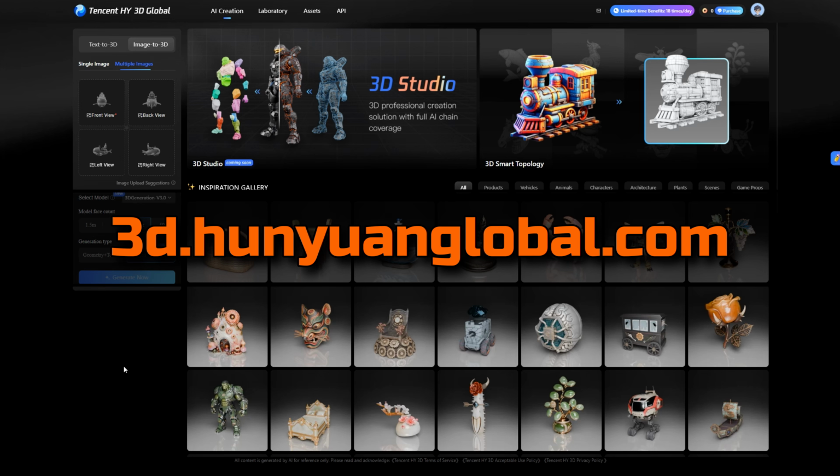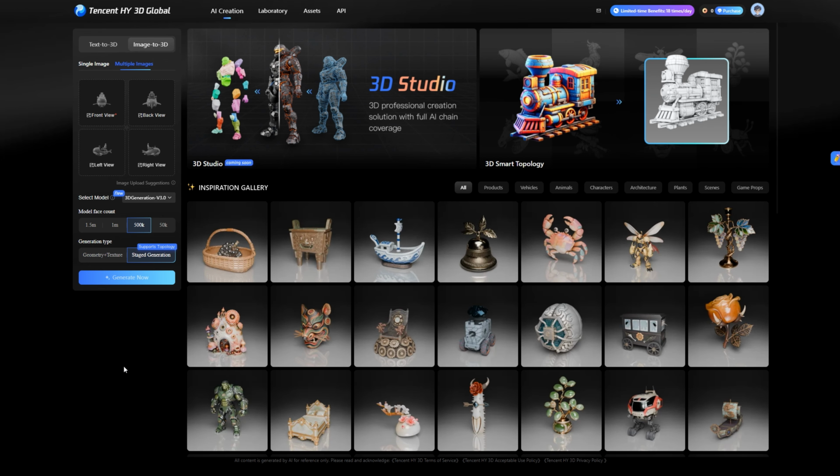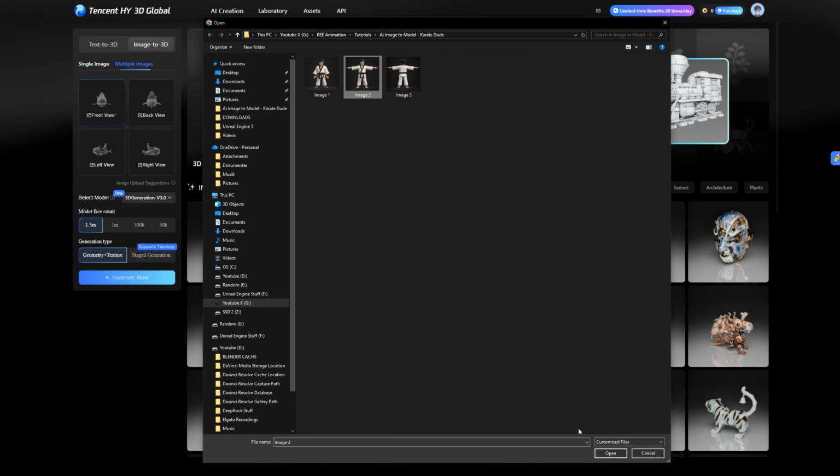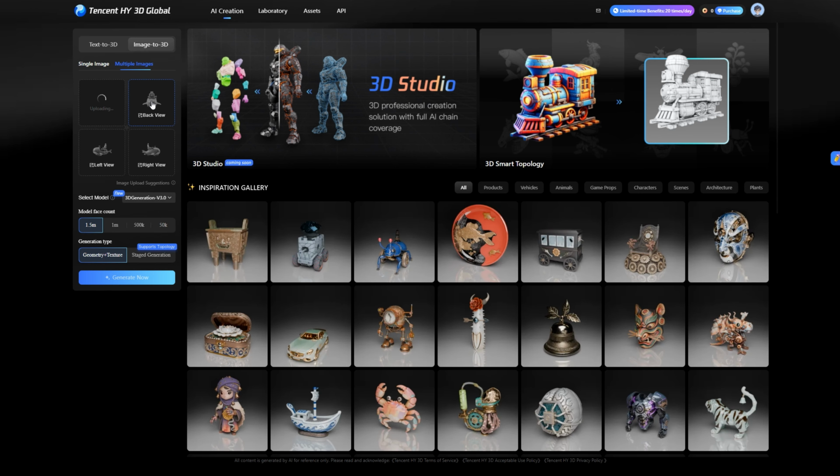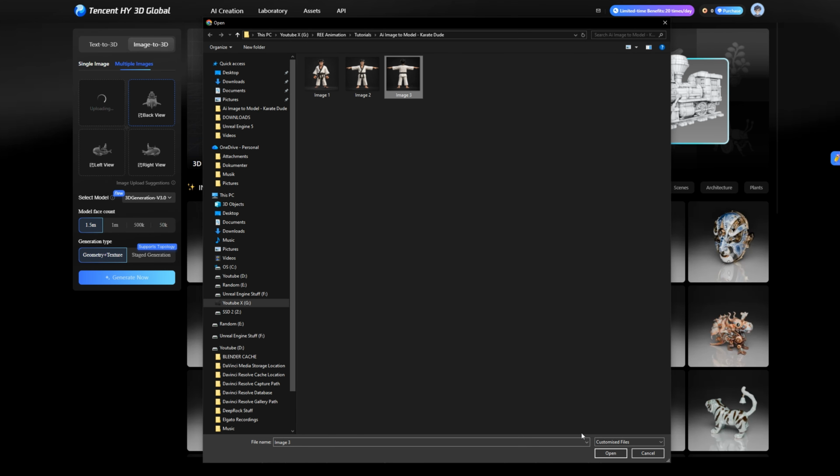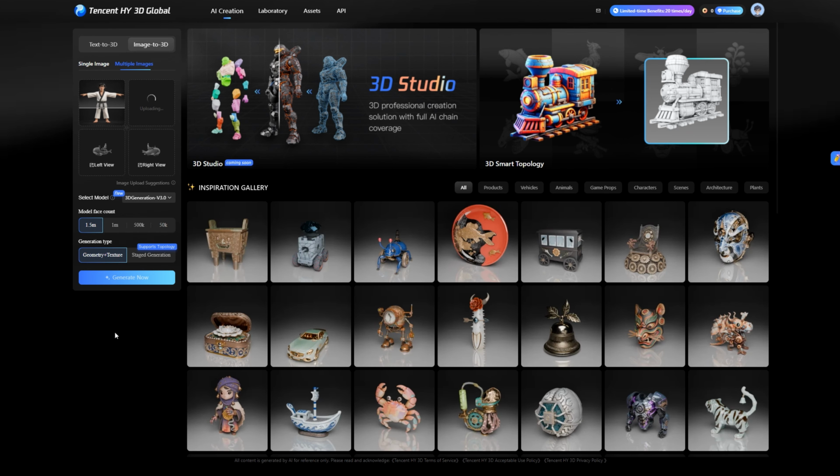Then we go into this site called 3dhongyanglobal.com. It doesn't matter guys, there's a link to this page in the description below. You plug in the 2 images here, you select image to 3D, plug in the front view, plug in the back view, change the generation type to stacked generation. This means that it can retopologize your model afterwards